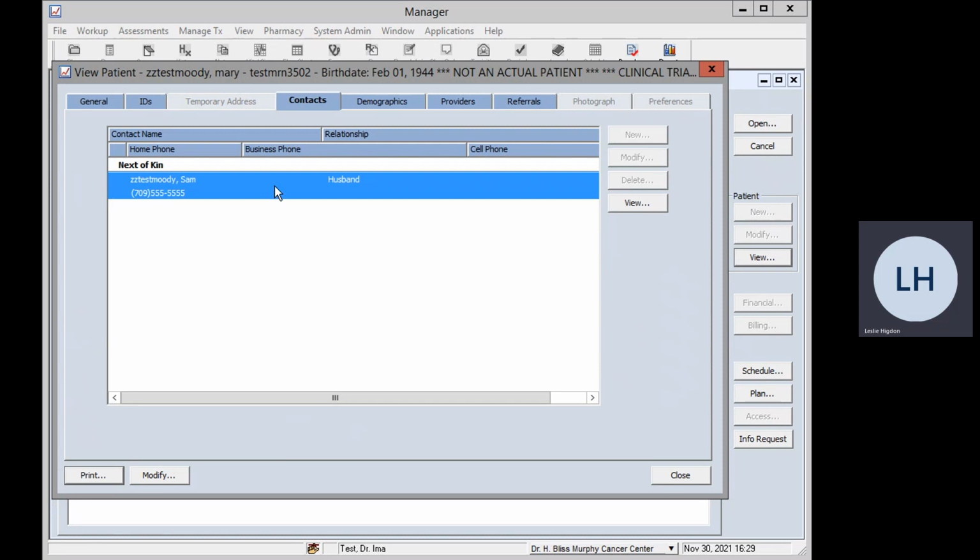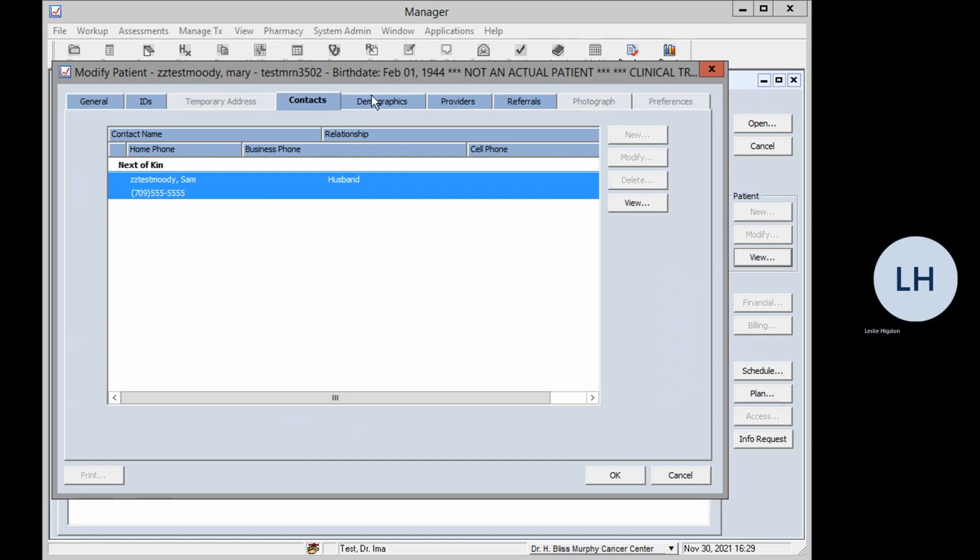Next is contacts. This information will show you next of kin or emergency contacts. So this information comes from Meditech. But if there is an instance where a patient would like to add another person to their contacts, they definitely can. So just in line with what came over from Meditech, what you can do is hit modify and select new,